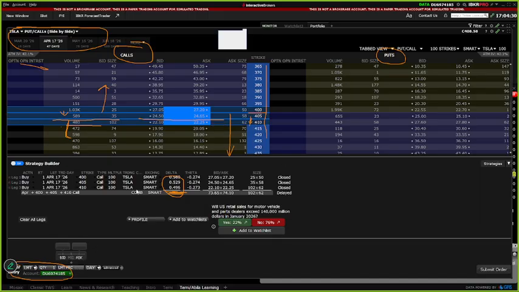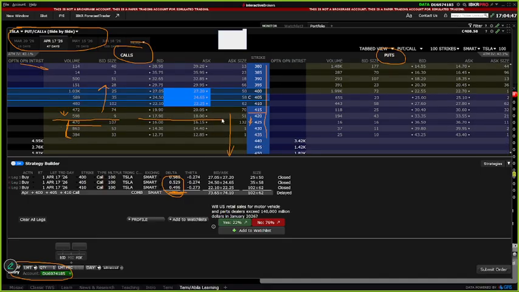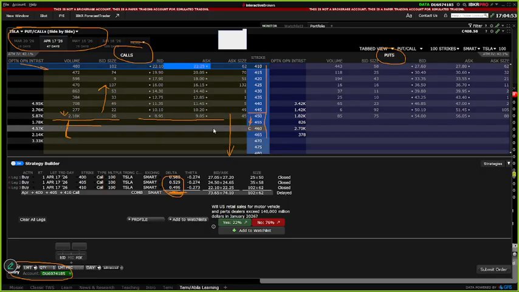Can you see the delta now changes to 0.496? So the more you are going away from in the money, we call it out of the money, the lesser profit, the lesser money you make per dollar. But the thing is that not everybody can afford to buy there, right? That's the truth. So if you keep going down, let's say,